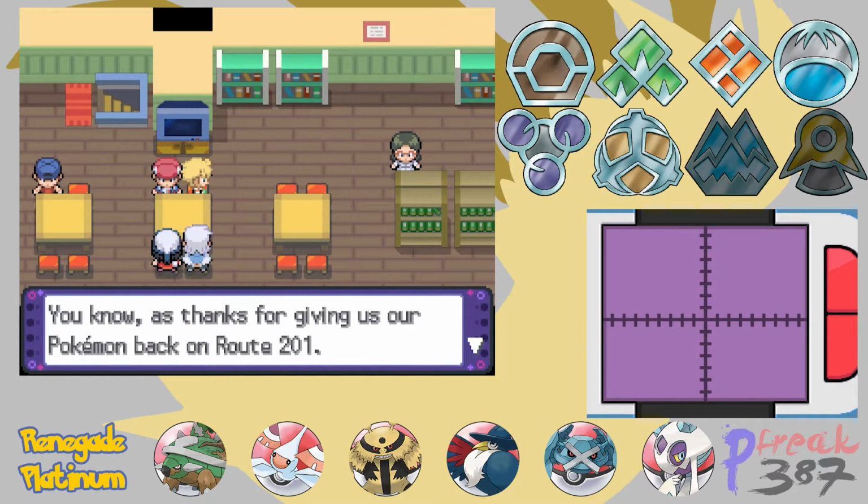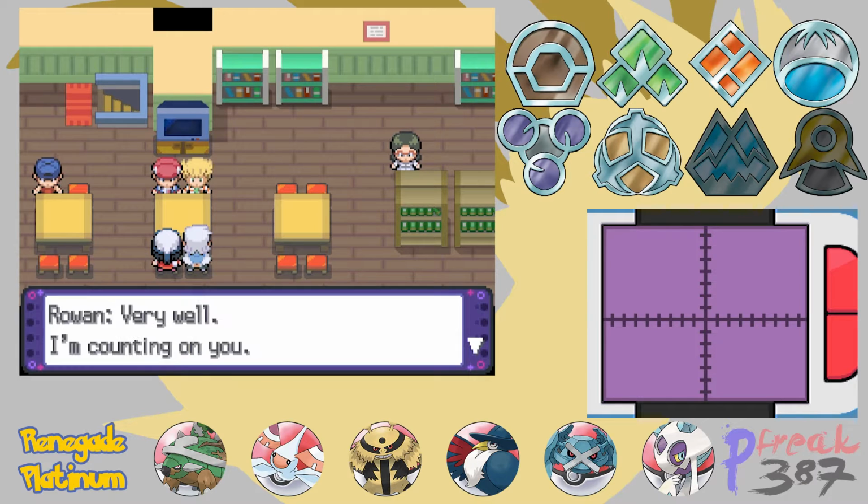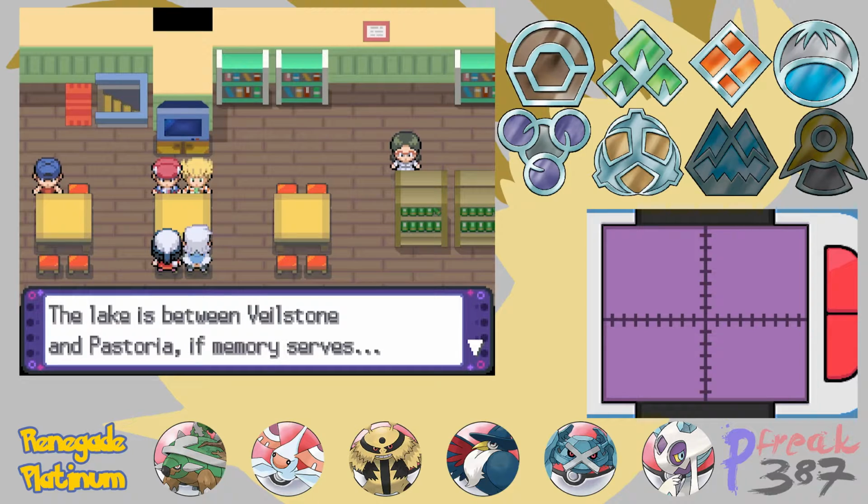And you know what? I was going to catch those legendary Pokemon for you, as a thanks for giving us our Pokemon back at Route 201. New dialogue, he does not say that in the original. Even though I forgot completely about it until just now. Very well, I'm counting on you. That leaves Beefreak with Lake Valor. The lake is between Veilstone and Pastoria, if memory serves, and if memory serves correctly, there are people that are currently blocking the way, so...